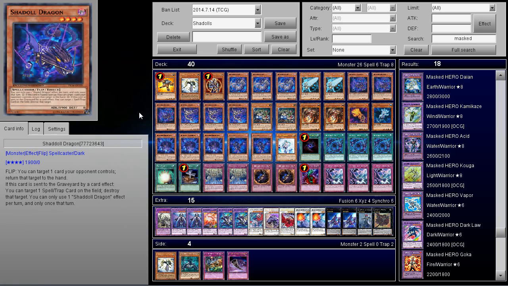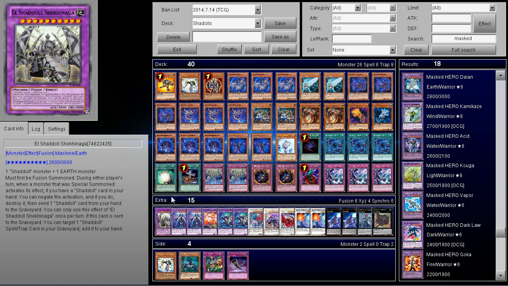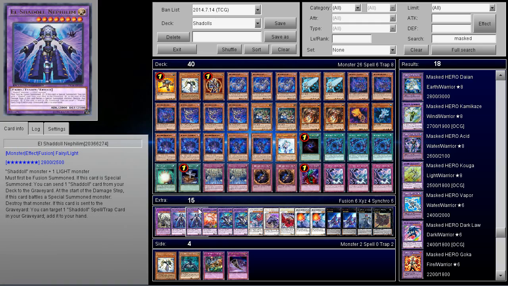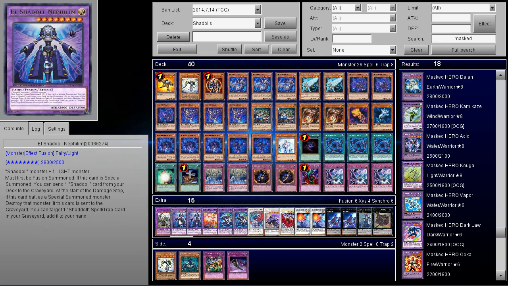And a lot of times with Shaddolls, one player will make whatever they make, regardless. Usually people try to throw out Mid-rash as early as possible if they don't know it's Mirror Match because they're trying to stun a deck. Then the other player always makes this card and it basically deals with Mid-rash relatively quick. Then the other player goes and makes their Nephilim, and then it kind of has a cycle where they try to see who can basically keep their monster on board,